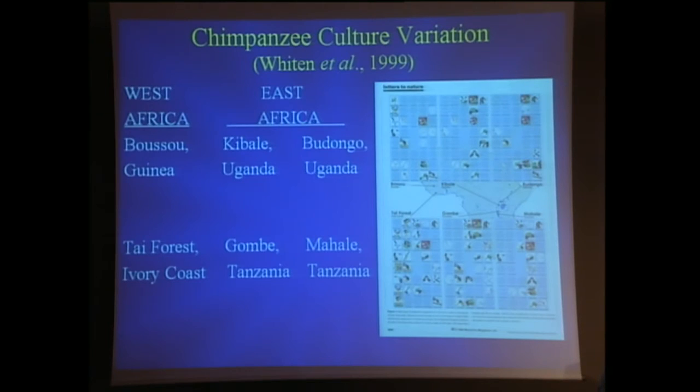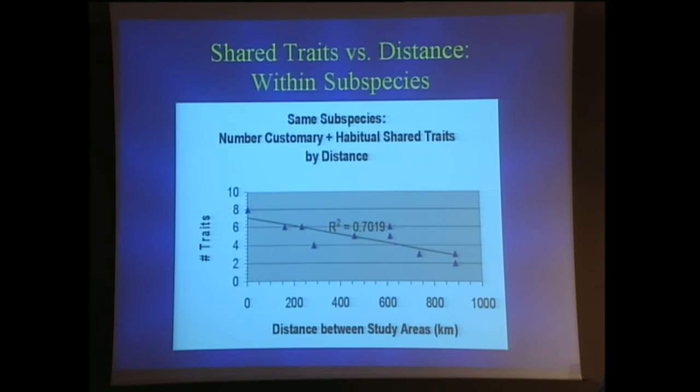And we did an interesting study. There was a paper published by a group of primatologists in 1999 looking at cultural traits in West and East Africa and how many are shared between different groups. And as archaeologists, Kathy and I asked the question, if you plot these by the number of traits versus geographical distance, is there a pattern? And there sure is. The closer these chimp groups are to each other, the more cultural traits they share. This truly seems to be a cultural phenomenon.